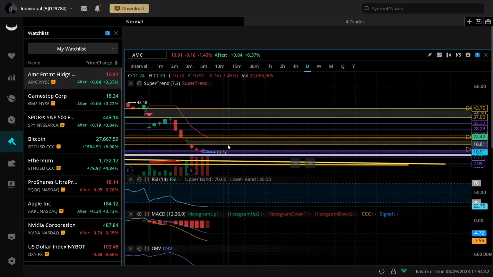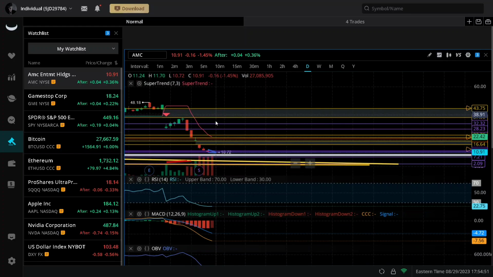So if I did buy a couple shares, I could get it down to a profitable level. If we were to see these gaps filled at $17 and at $40, I could bring it down to a level where that would make me profit. So this is what I'm looking at for AMC.